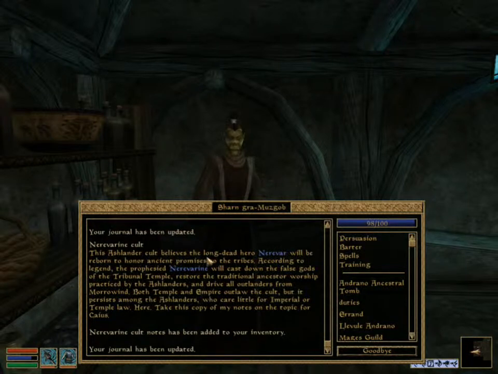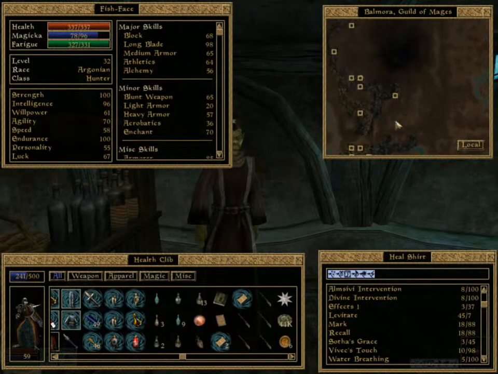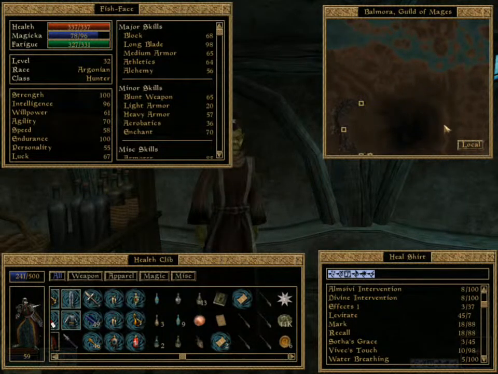Yes, but the Ashlander cult believes the long-dead hero Nerevar will be reborn to honor ancient promises, which is to cast out the false gods, which is the Tribunal, and to restore the ancient traditional ancestor worship. Well, it's only now practiced by the Ashlanders. It used to be practiced by all the Dark Elves. But yeah, and the Ashlanders...